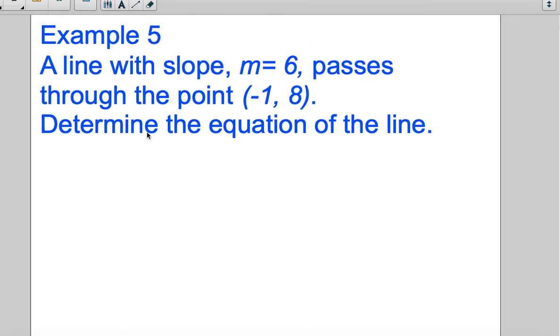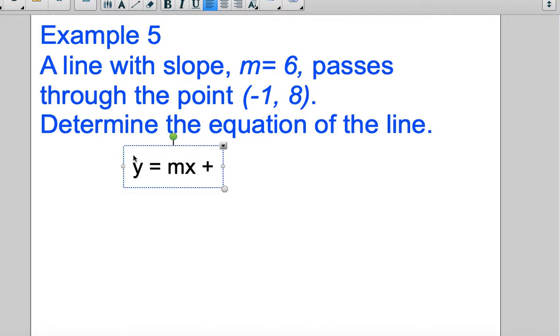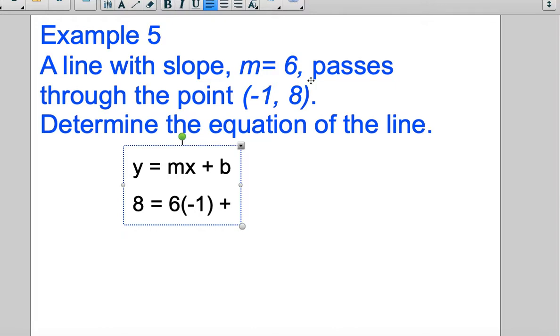So this says a line with a slope of 6 passes through the point -1, 8. Determine the equation of the line. So we're going to basically do the same thing that we did on the last example. So y equals mx plus b. And then we're going to sub in our points. So we know that this here is our x, this here is our y. So our y value is 8, our slope is 6, my x is -1, and we are solving for b. So again, solving this equation,